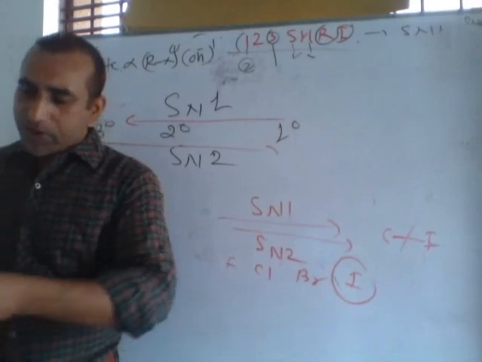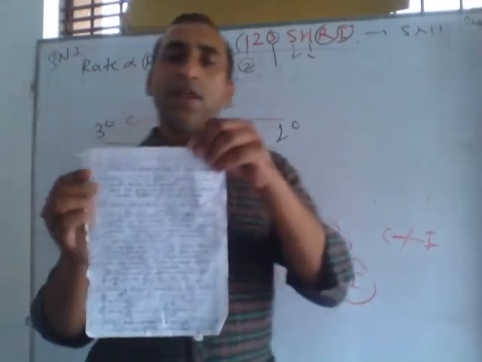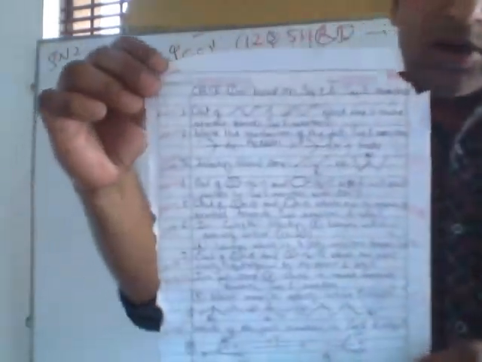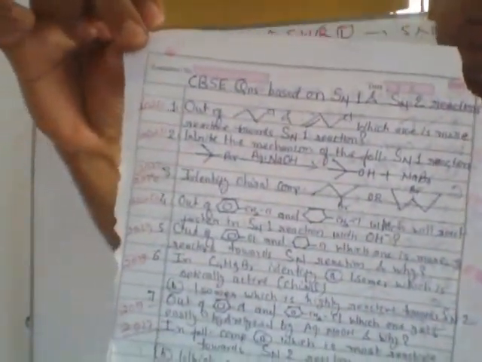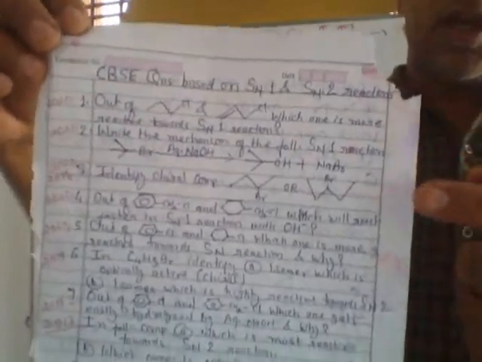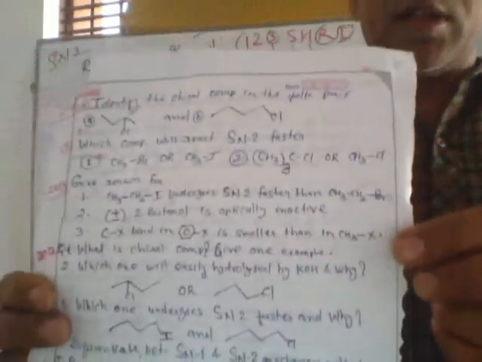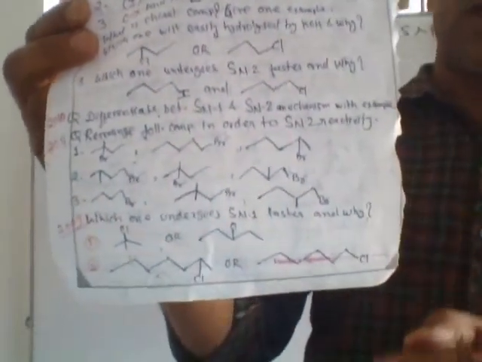But in the case of tertiary, secondary, primary, SN1 or SN2 reaction takes place. Listen, in CBSE each and every year they ask different types of questions. Can you see this page? This page is a CBSE question paper, and from 2020, 2019, in all the years they ask some questions. On this page you can observe that in different years they ask different types of questions from SN1, SN2 mechanisms. The SN1 and SN2 reaction is the center point of this chapter.